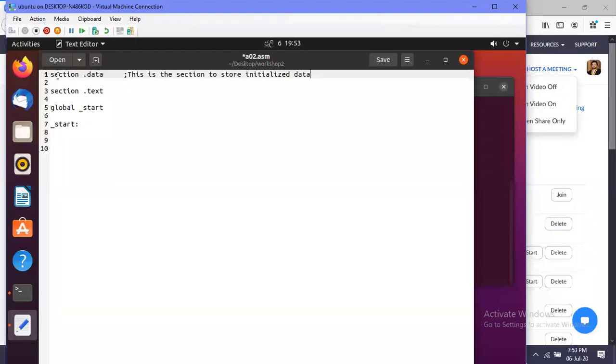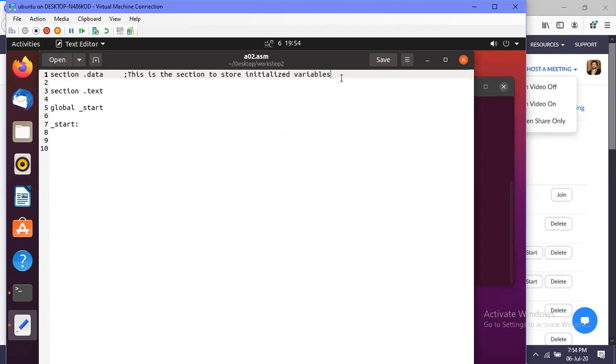So what do you mean by initialized data? Sorry, not initialized data, initialized variables. A variable is a value which can contain data in it. For example, in your high level programming languages, you might have come across declaring variables, character S, integer X, likewise. That means you define a variable, and sometimes you might have come across integer X equal 5. That is initializing a variable.